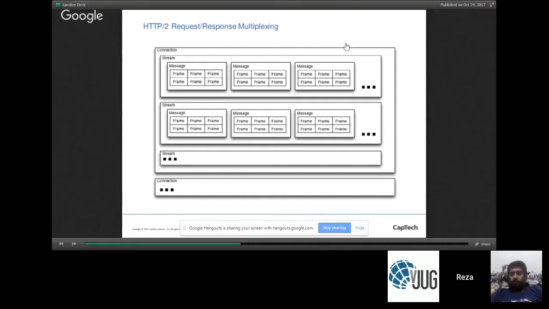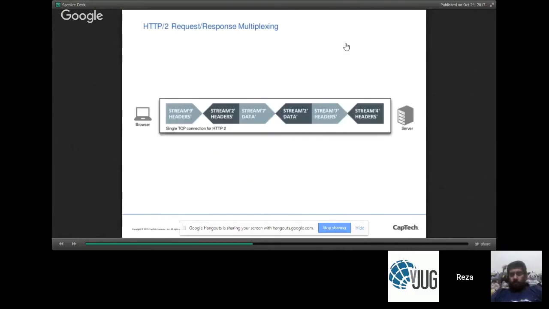And even those messages can be broken up even further into frames. These are basically datagrams, small parts that constitute a message. All of this can happen in a single connection in parallel. Not sequentially, but in parallel. That's an important point to understand. Across one connection, you can now share and exchange multiple resources essentially simultaneously.